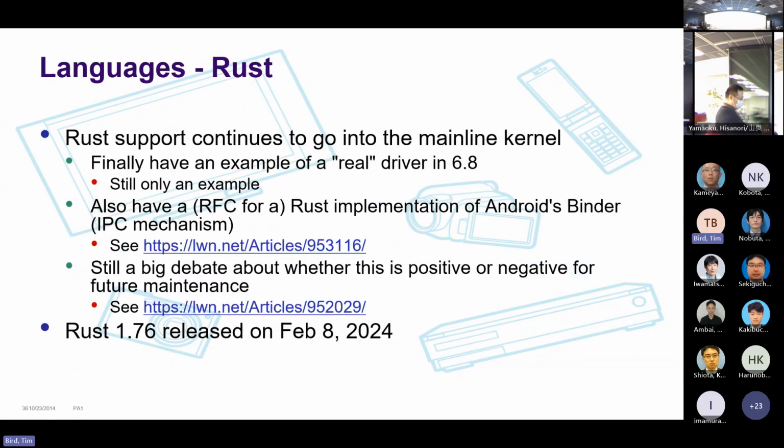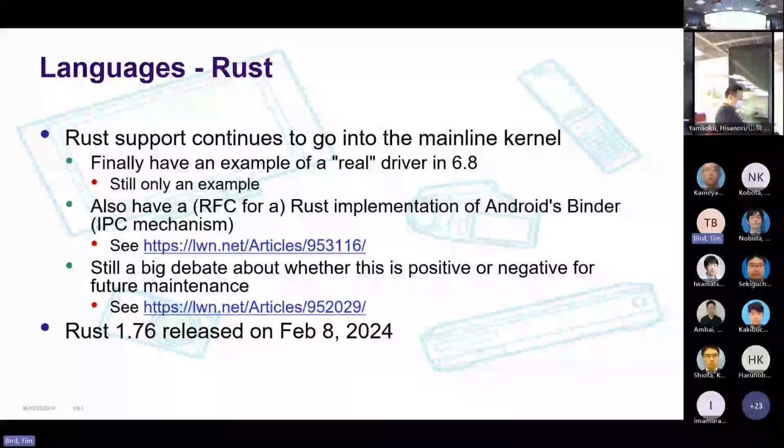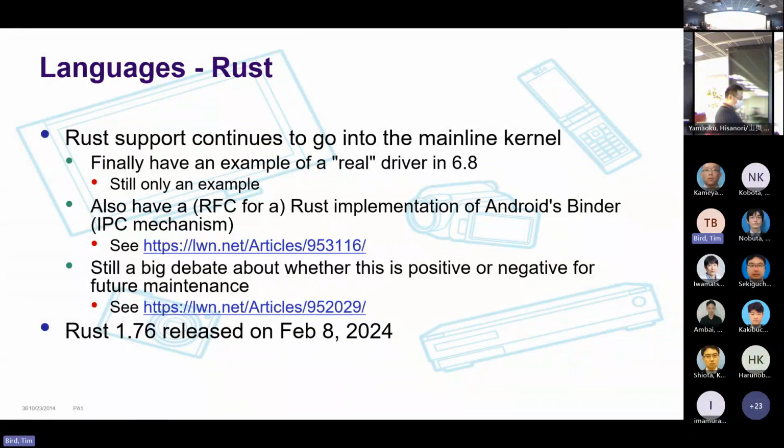And then Rust. So we finally have an example of a real driver in the mainline kernel in 6.8. I mentioned that earlier. We also have, this showed up in November, actually a Rust implementation of Android's binder. So this is kernel code that does an Android-specific IPC mechanism. That has not been mainlined yet, but